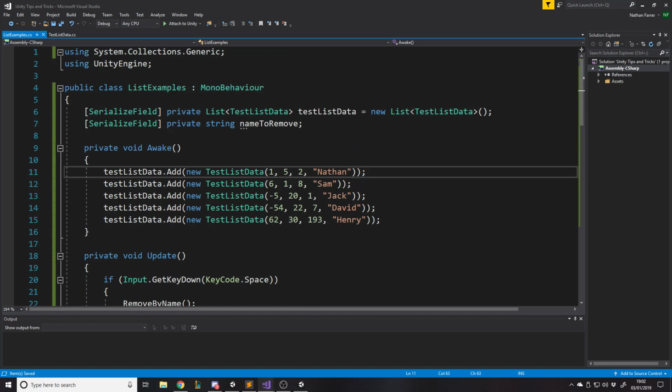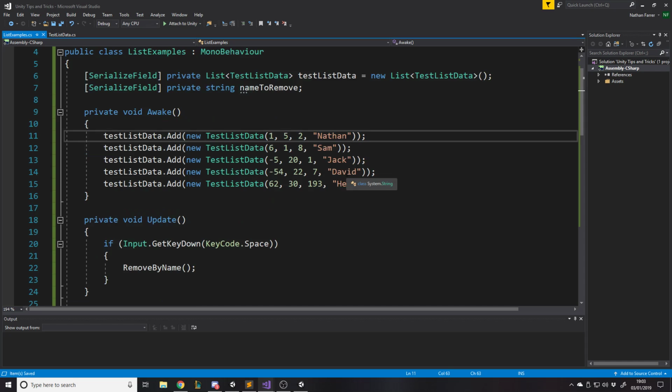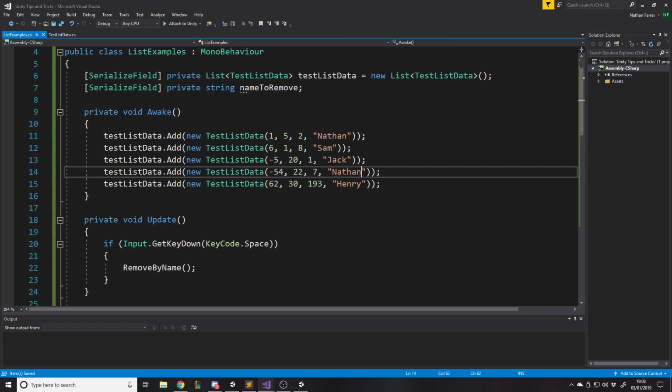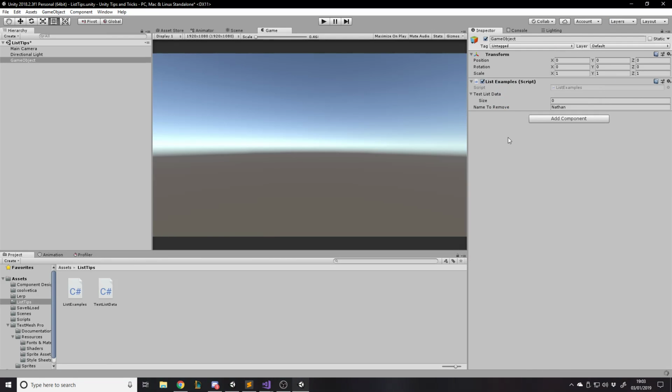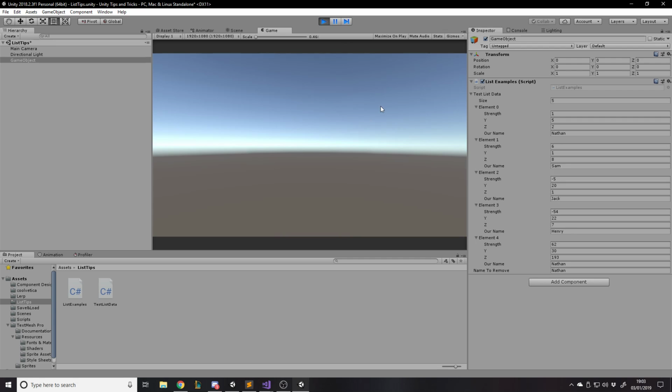Now the problem with lists and removing is, let's say we wanted to remove this as well, which is Nathan, for example. Or more importantly, if we did it at the end, what happens is we're trying to loop through this list a set number of times, so the length of the list, which is 5. But the problem is, when you remove stuff from a list, the list size changes. And if you're looping through a list 5 times and then one of the things goes and there's 4,